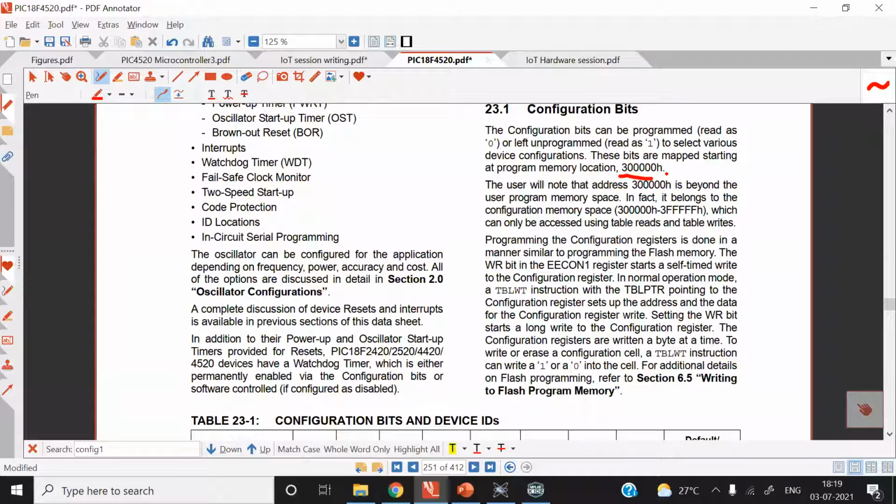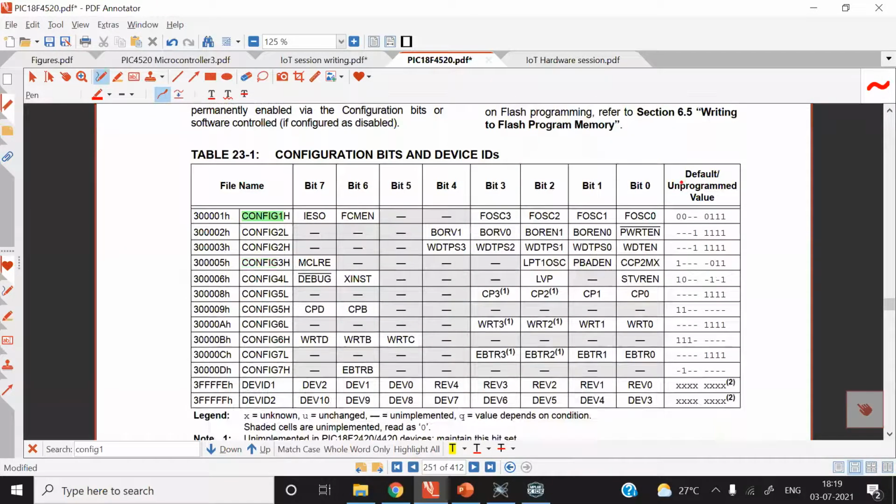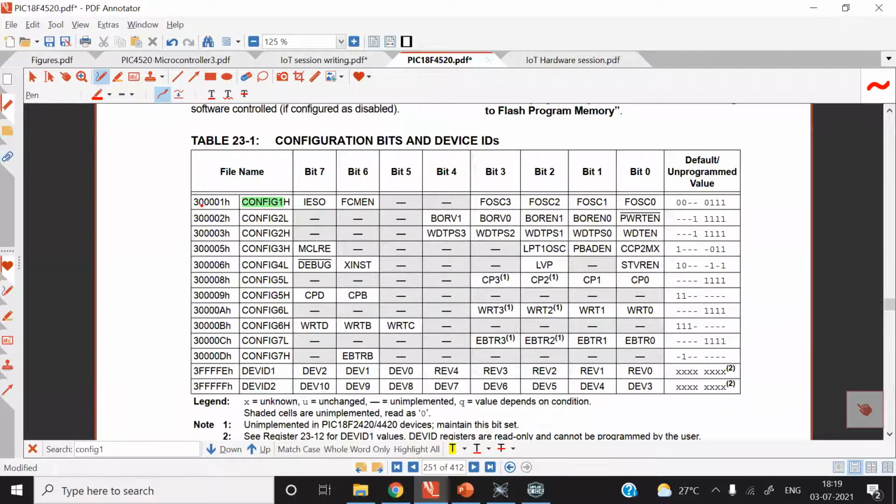So through a software program, we cannot modify the content of configuration memory. At the first location, 300000 hex, there is the configuration 1 low byte register, and bits in the configuration 1 low byte register are not used for any purpose. So that's why that register is not mentioned in this table.